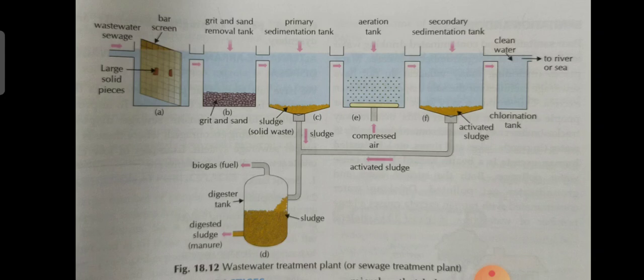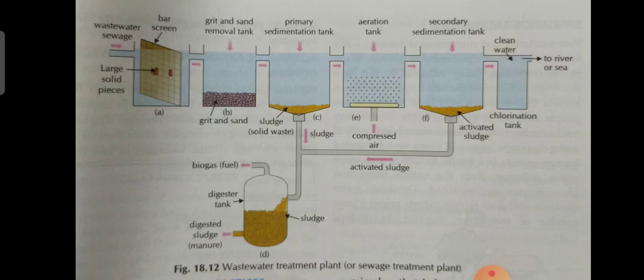This means here the suspended solids settle at the bottom. You can see some solids are settled at the bottom. So here the suspended solids settle down at the bottom of the first sedimentation tank in the form of sludge. This sludge, which is settled at the bottom of the tank, is then shifted to another tank, which is called the digester tank. You can see here at the bottom a digester tank is there. This solid waste, which is called sludge, is shifted to this digester tank with the help of a scraper.